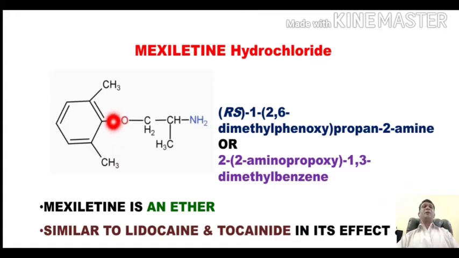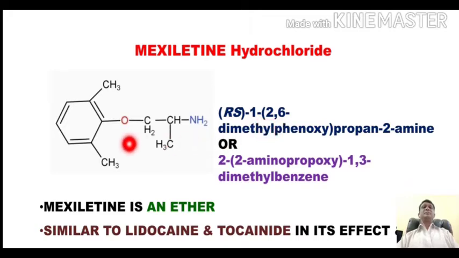So with introduction of this oxygen, this portion becomes the ether portion. And once again there is presence of this chiral carbon, that's why the compound is available in the isomeric form. Mexiletine hydrochloride is available as a racemic mixture, and its IUPAC name is